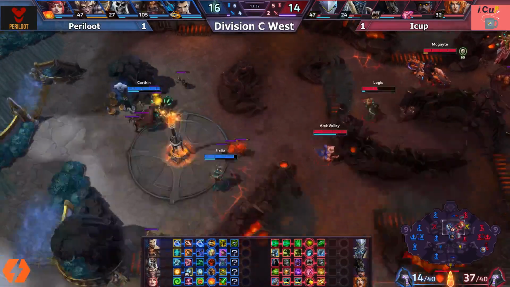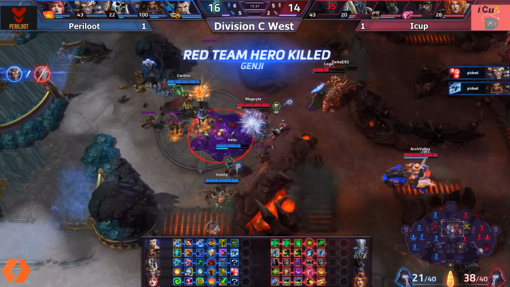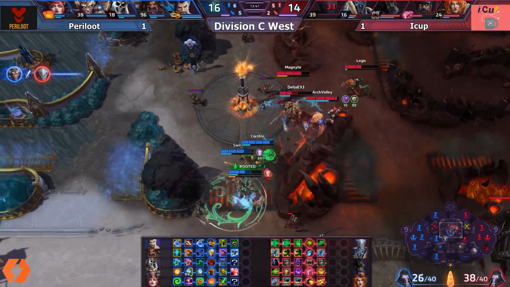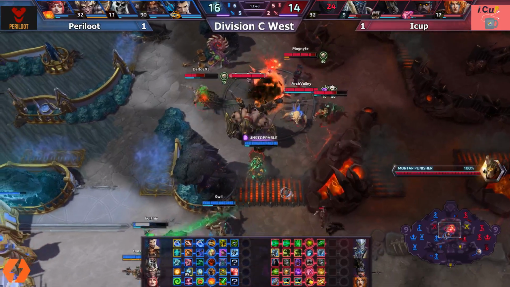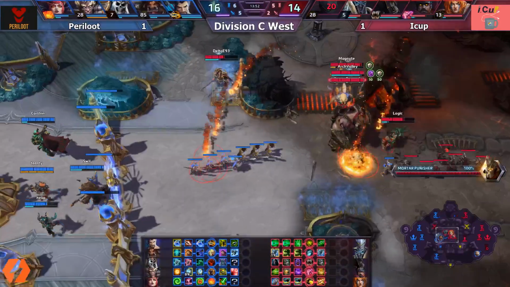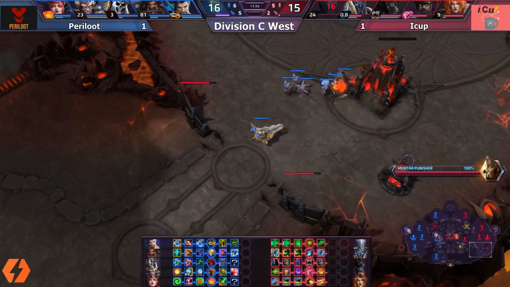Oh, man. This match is so much fun to watch. These guys just going back and forth. Wafflecopter trying to get something done, but too low of health. They just need one more and they will finally score themselves a Punisher here in game number 3. Icup in desperation mode there. Meanwhile, in the bot lane,